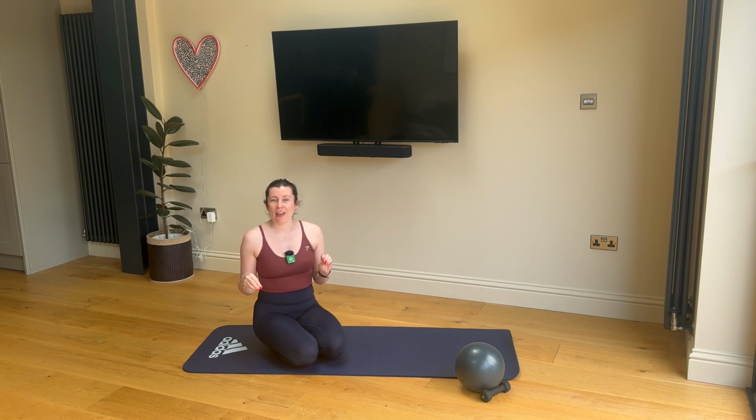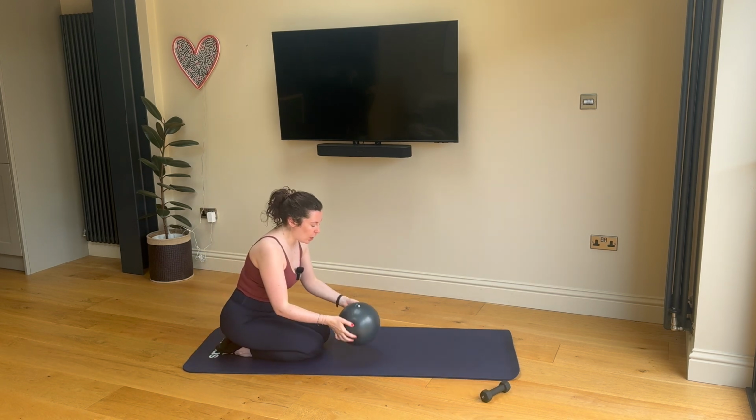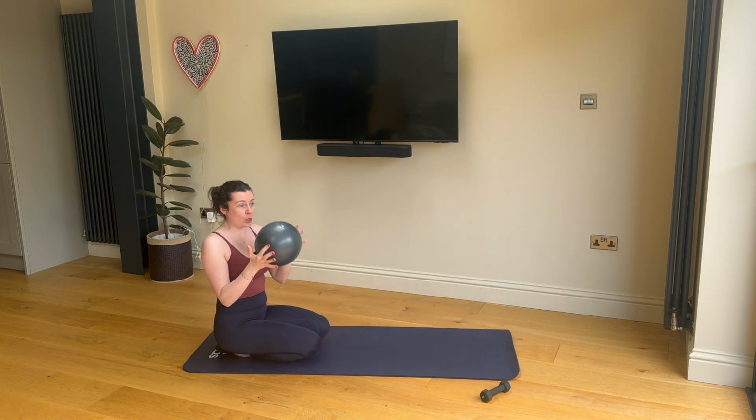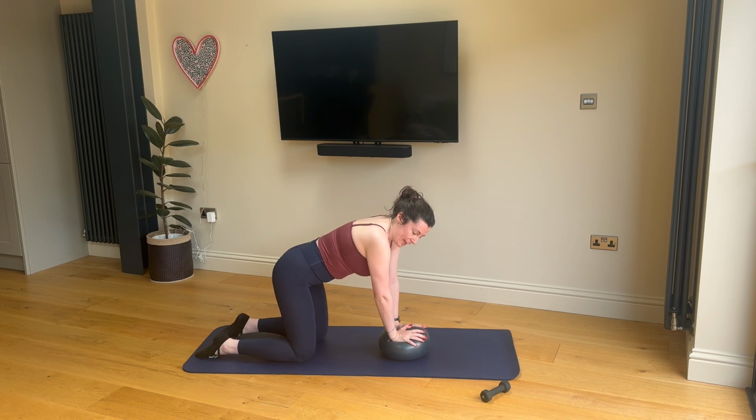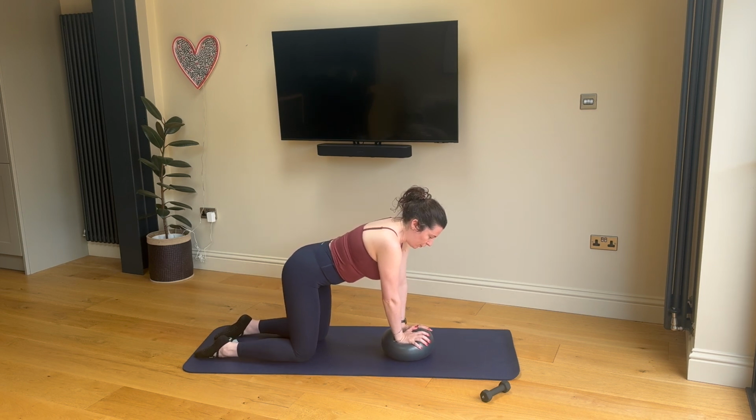The ball is just there for a little bit of extra feedback loop on some of the exercises that we're doing, just so we can target that little bit of muscle that we're looking for. So I will be starting with the ball, but if you don't have one, all exercises can be done without the ball. So coming onto the ball with your hands, shoulders directly above the wrists and knees directly below your